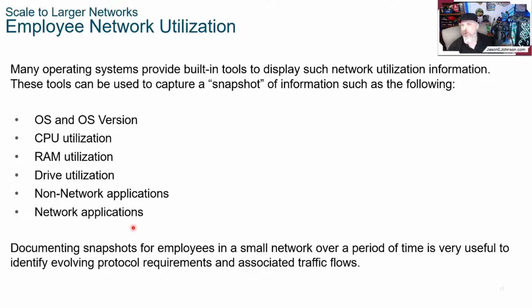You may not think that goes with the networking part, but it does help, because if you've got Windows operating systems versus Linux operating systems versus Macs that are being put on the network, those are going to make a difference, and so is the type of work that they're doing as well. If they're doing heavily intensive two-way video conferencing, that's going to take up more network traffic than someone just working on word processing documents or spreadsheet documents.